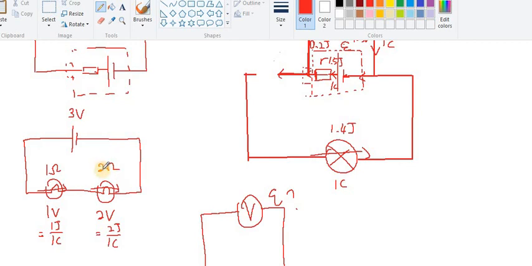So you see, with higher resistance, the charge will need to do more work. The power source is 3 volt, so every 1 coulomb that comes out carries 3 joule. And this charge will allocate more work done, more energy, to the higher resistance. Higher resistance will get more energy. So if the resistance is low, then it will get less energy. Okay, now